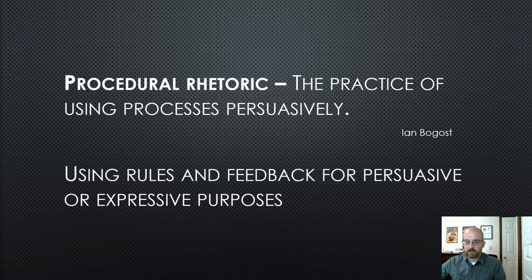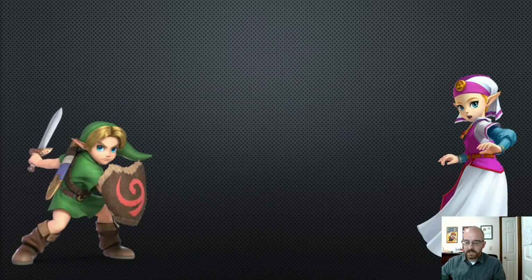So using rules and feedback, because games have input and output. They have interactivity, like we talked about. Using rules and feedback for persuasive or expressive purposes. So I want you to consider this. In the game Legend of Zelda: Ocarina of Time, there is a sequence where